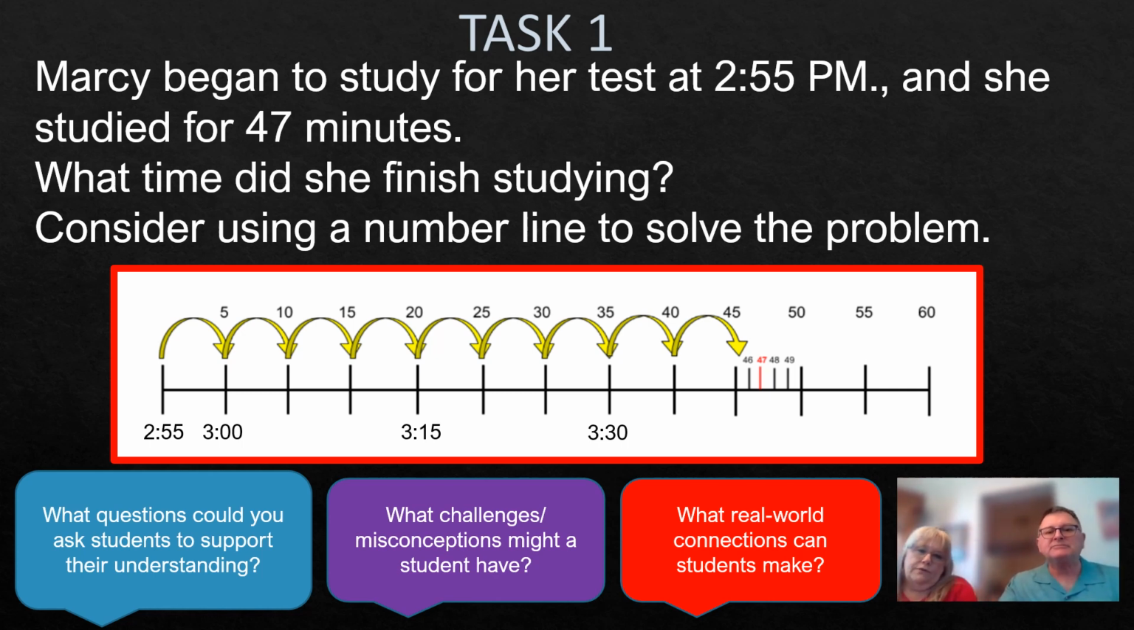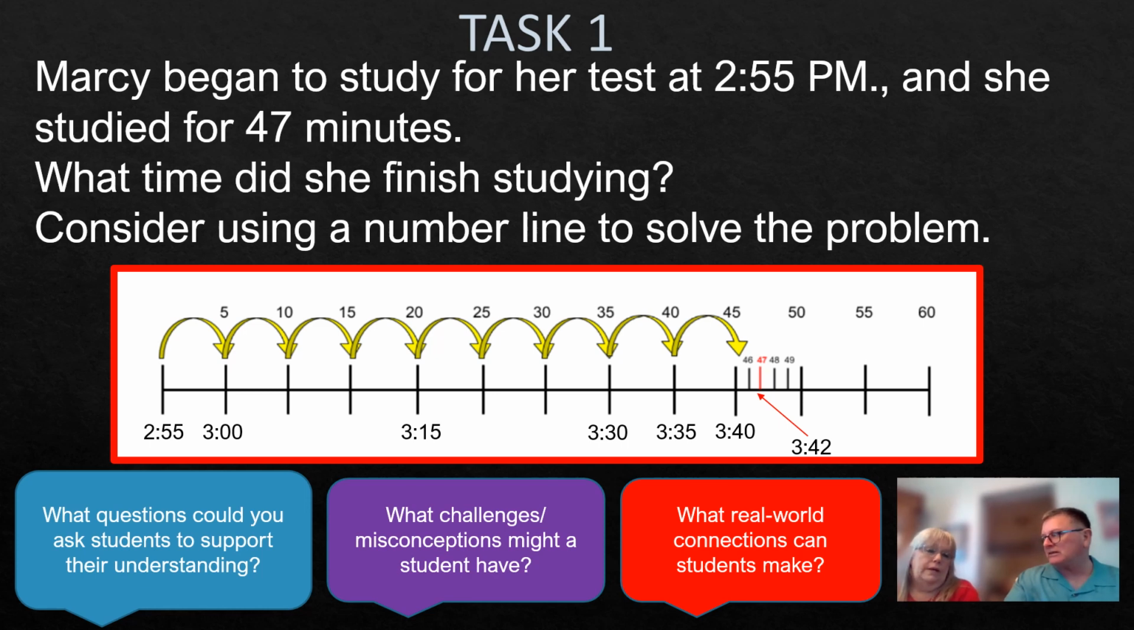So 15 minutes after 3:15 would be 3:30. So all right, so 3 more jumps. There's my 3:30. So how much elapsed time has passed so far? 35 minutes. 35 minutes, okay. From here, I'm just going to count by 5. So 3:35, 3:40, and then I have to count on by ones to get to that 47 mark. So 3:41, 3:42 should be where I land. So what time did he finish studying? At 3:42. So the big misconception here is thinking about that 5 minutes that passed from 2:55